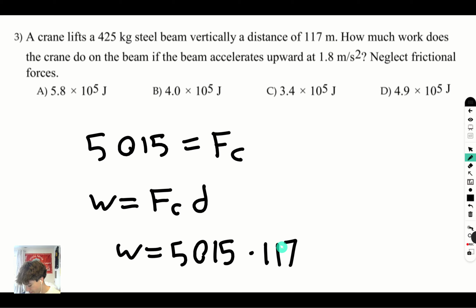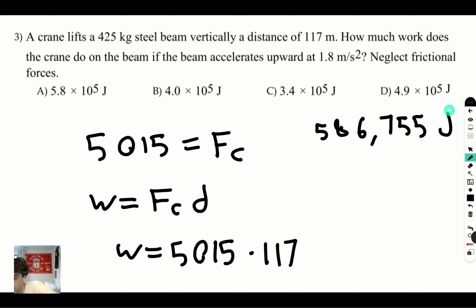So let's do that really quickly. 5,015 times 117 will get you a value of 586,755. And remember that whenever we're talking about work, kinetic, or potential energy, the unit is going to be in